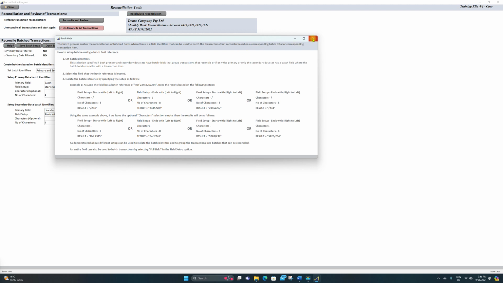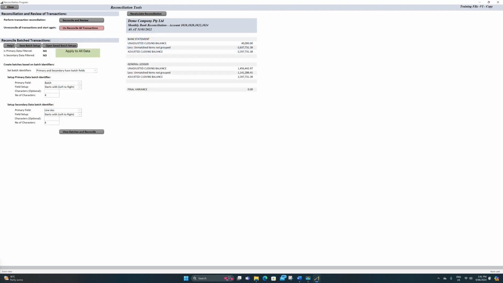So that is quite handy for you to look at when you're getting used to it. But once you get used to it, you could just try it out and see what it comes up with. Once you understand your data, and once you have set the field up correctly, you can of course go and save it and give it a name. So I'm going to just run this. As soon as you run it,